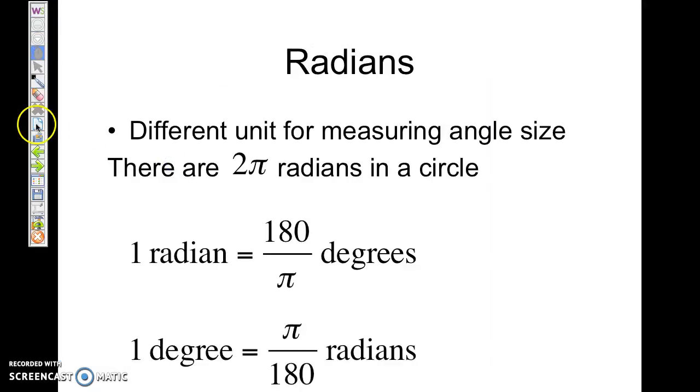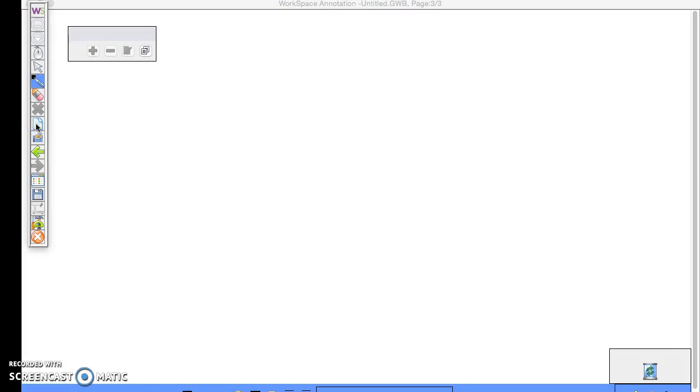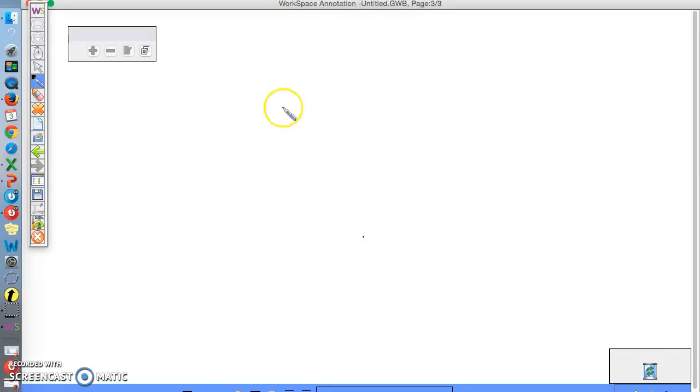The first thing we're going to talk about is what is a radian. Somebody decided we had 360 degrees in a circle. But what actually happens here is if we take a circle,